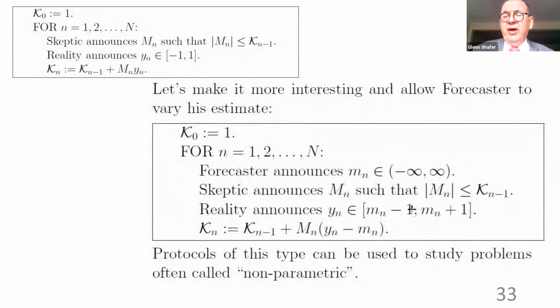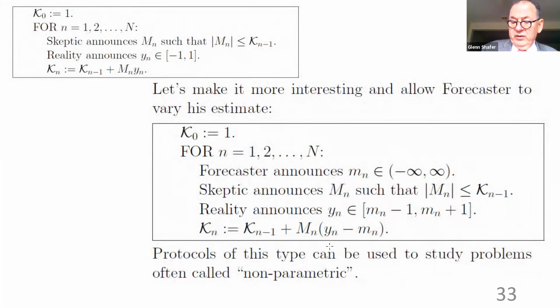Now we could make this 1 a bigger number. So there's some limit on how much the forecaster could be wrong. That's all we need here. Since the possible error is bounded by 1, we can make a bet here that's as big as our current capital in absolute value if the payoff is going to be the estimate minus the outcome. The estimate here, M, the difference between it and the current outcome is our